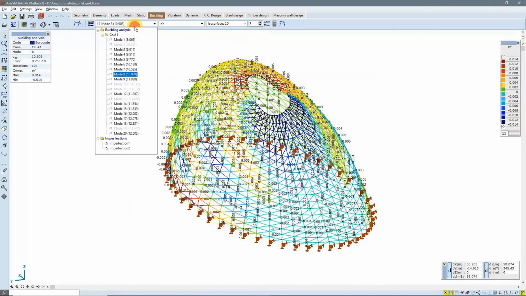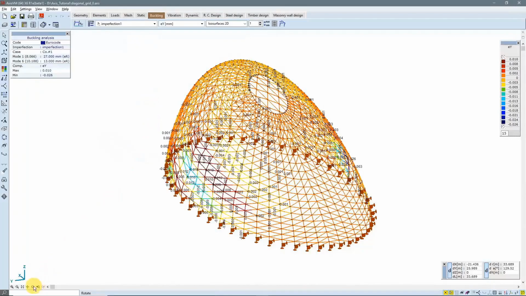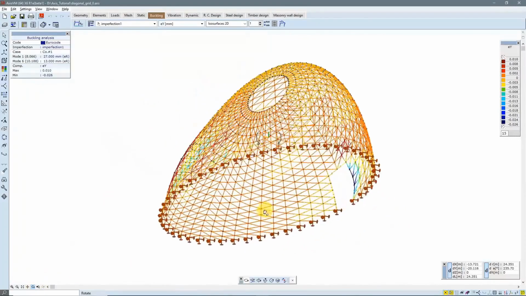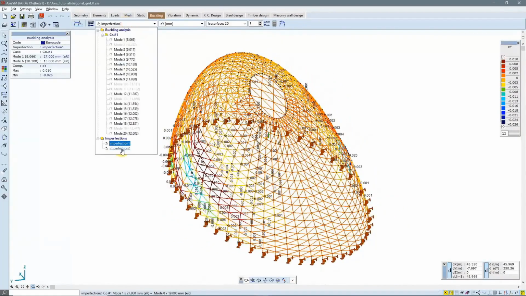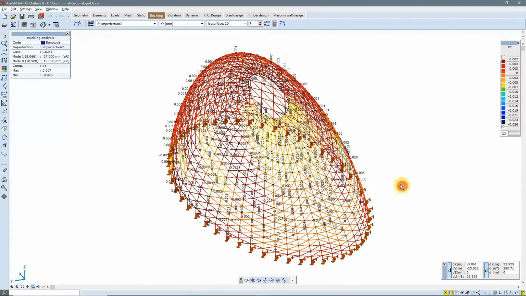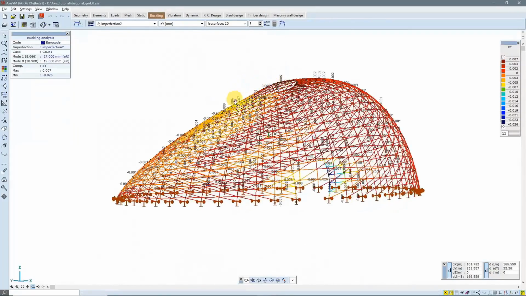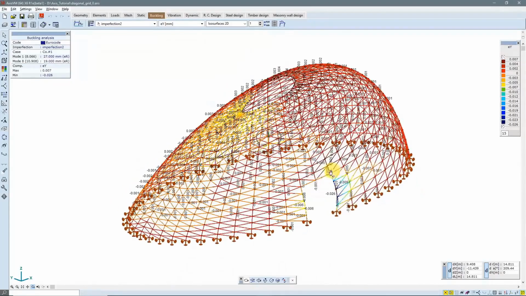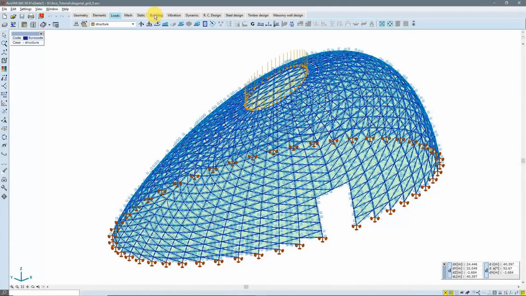After we created the imperfection shapes, we can select them from the drop-down list, and Axis will show you the shape. Similarly to other result components, every possible rendering and visualization option can be used. As you can see, the second imperfection shape is a combination of the shape for the column and the skylight beams. After we created the imperfection shapes, we have to go back to the loads tab to create the load cases,